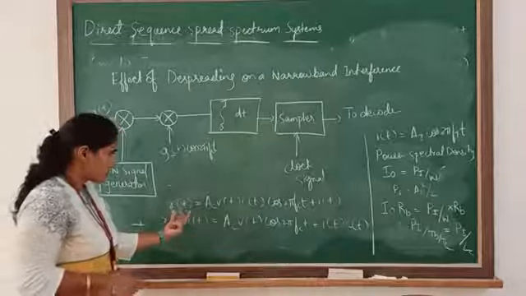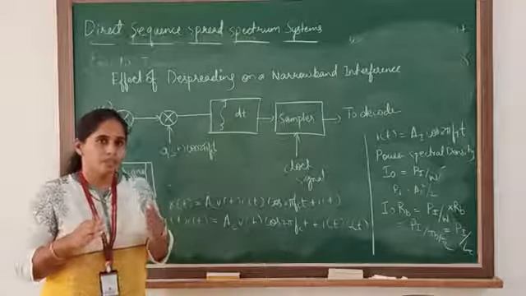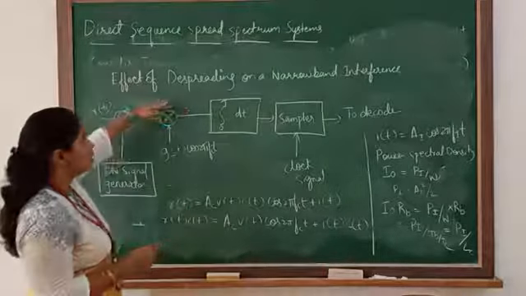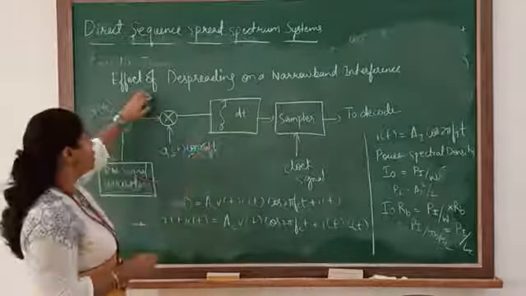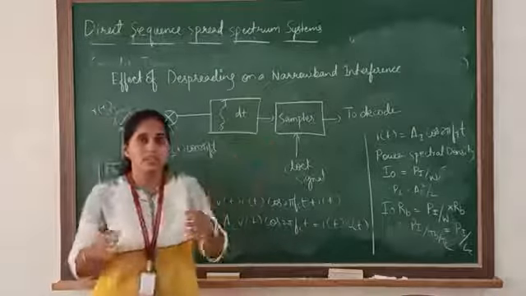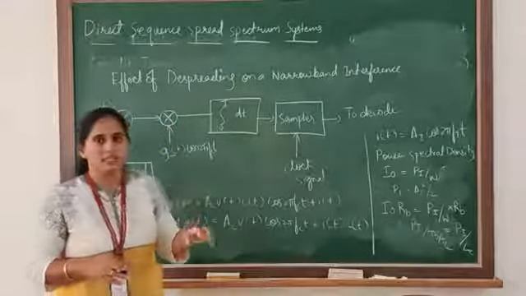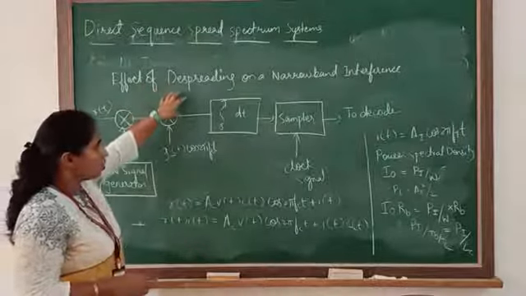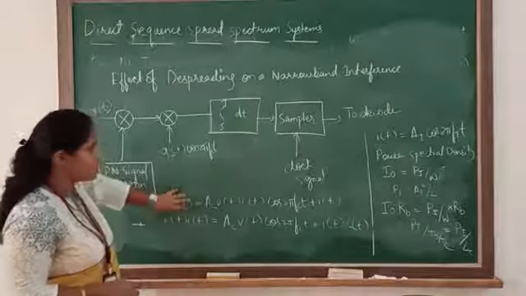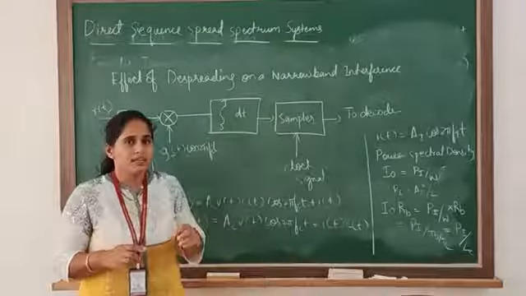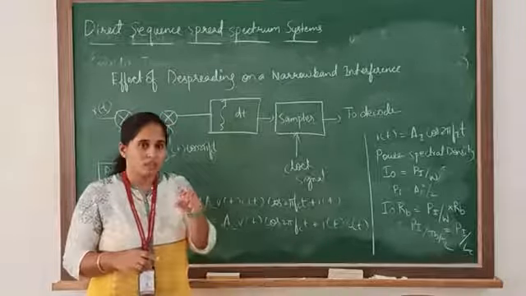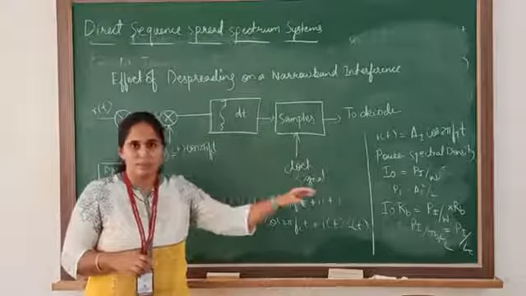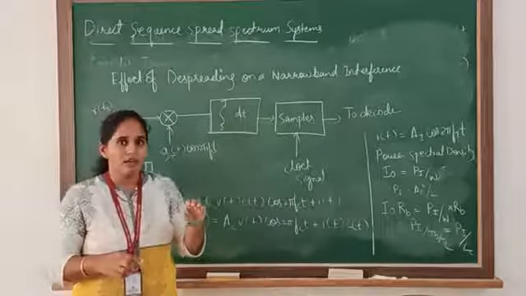Now consider the received signal, to properly study the effect of de-spreading. That is, what is the effect of de-spreading on an interference signal, that is, narrowband interference? What is the effect we are going to study now? We have a received signal r(t), and there is interference from the channel. So what happens to the interference when we spread it and when we de-spread it? That is the effect we are going to see.